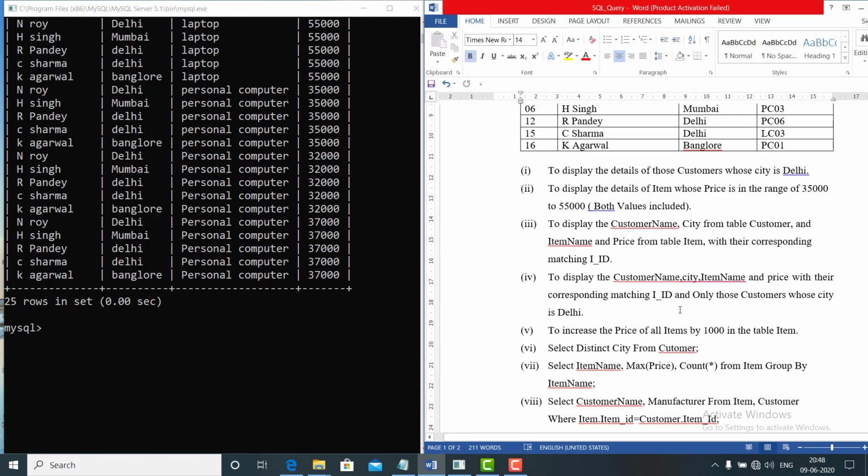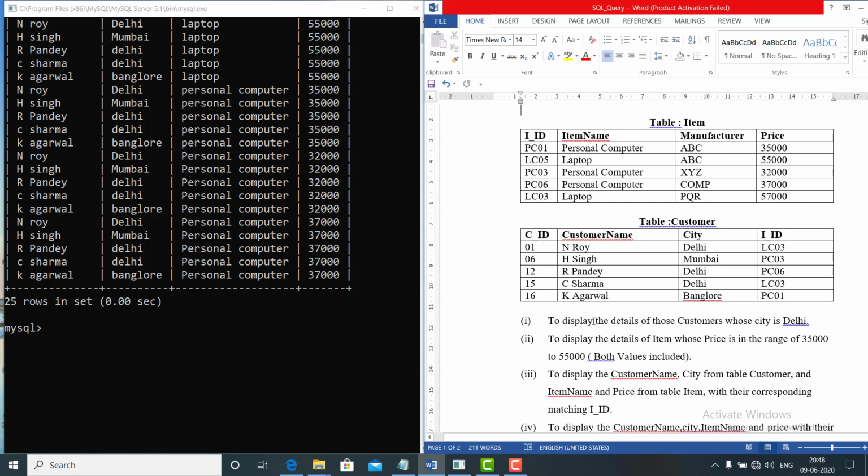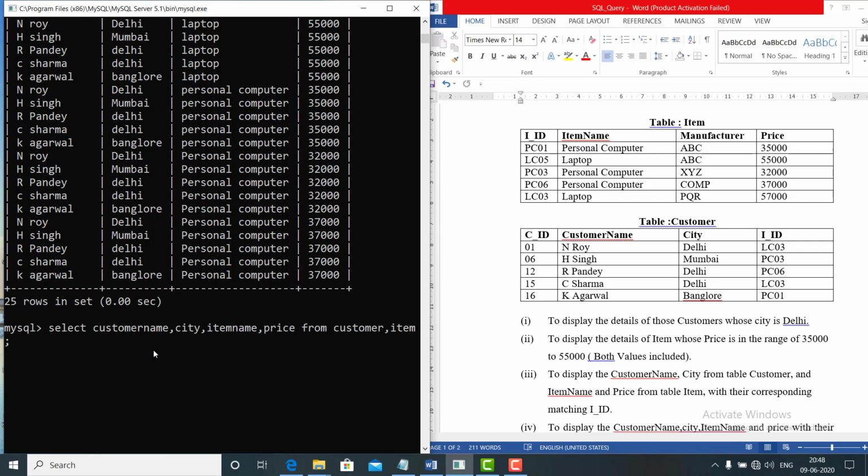Okay, so our next query is to display the customer name, city, item name and price with their corresponding match, and only those customers whose city is Delhi. Clear? Once again the command is the same as in the previous query.